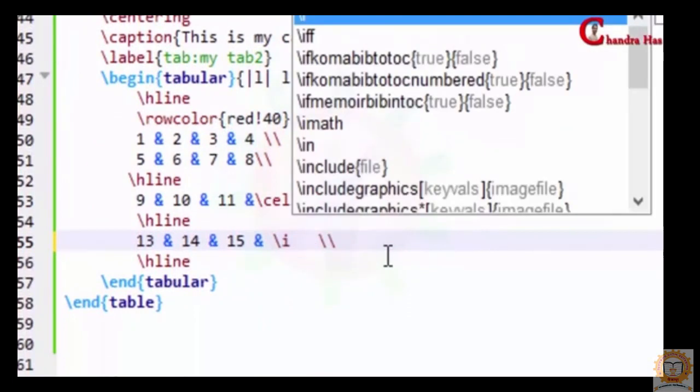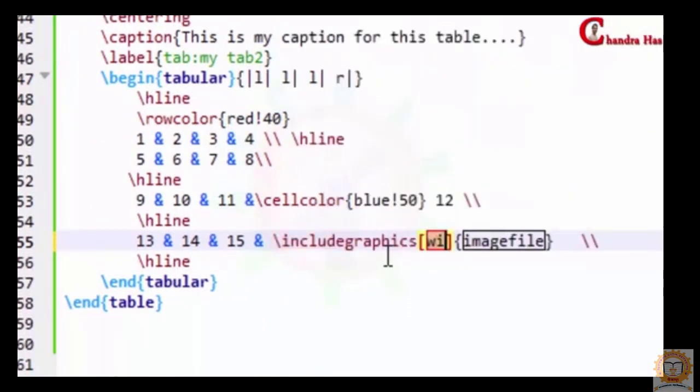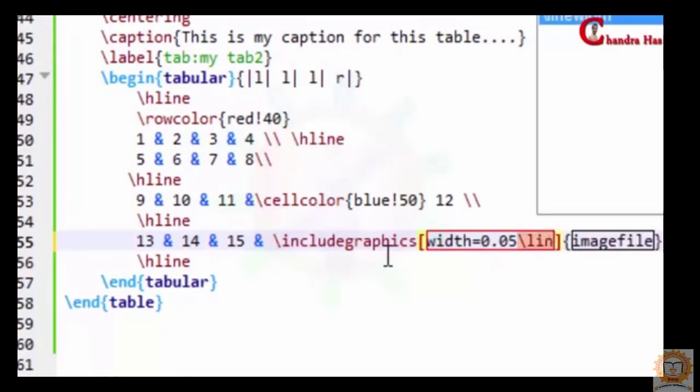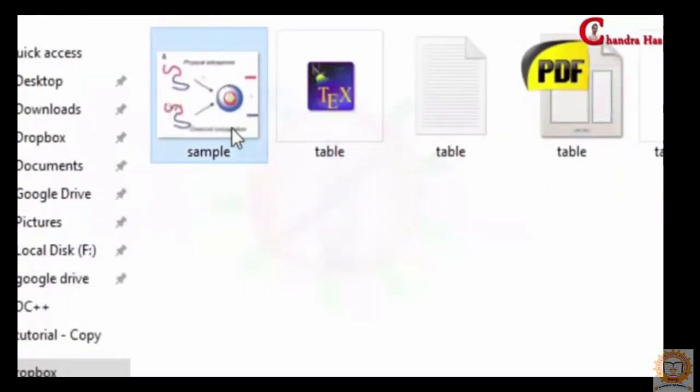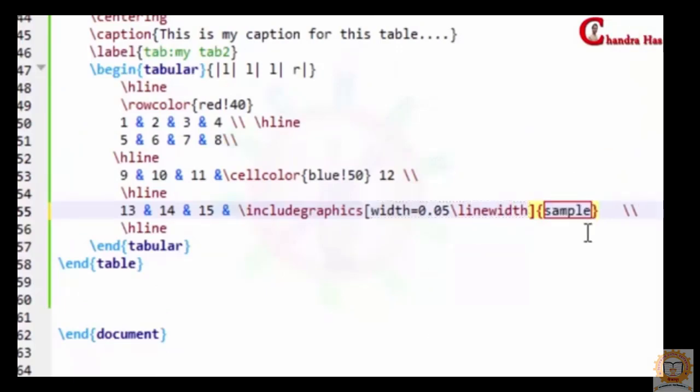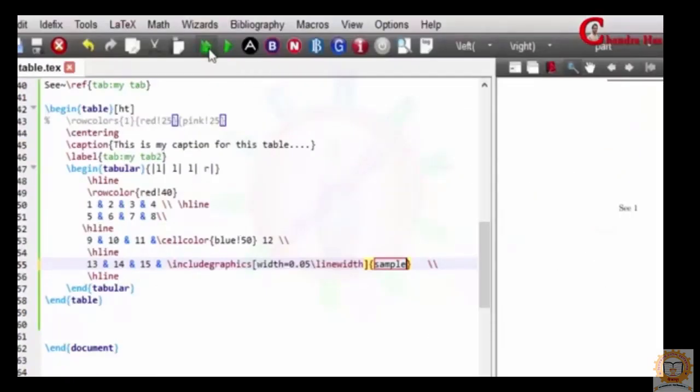And at this place, just write include graphics, width of the graphics. And inside curly bracket, we'll write name of the graphics. I have this graphics, so I'll copy the name and I'll paste here, and then compile your file.